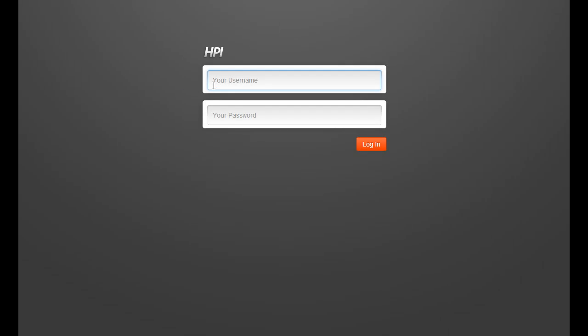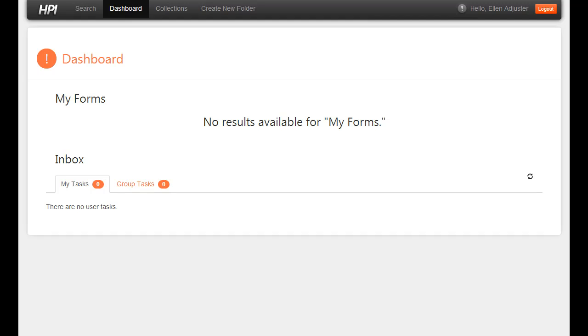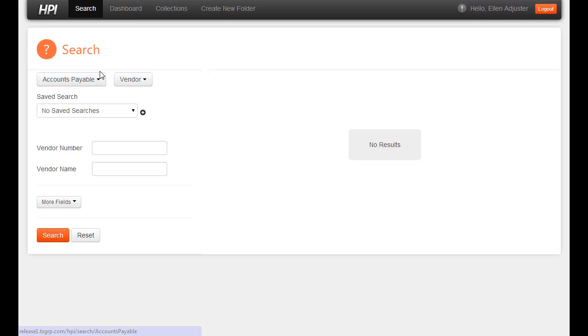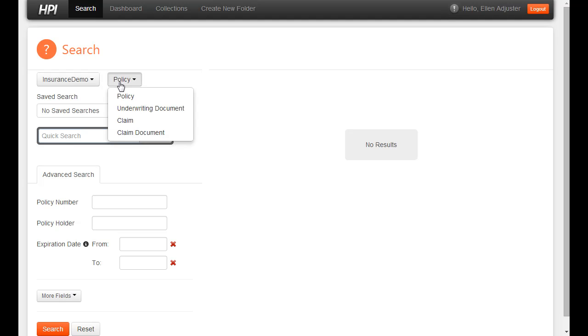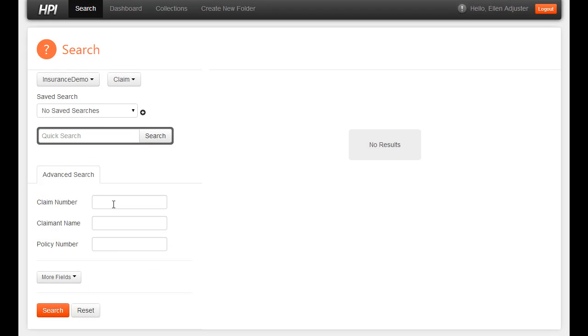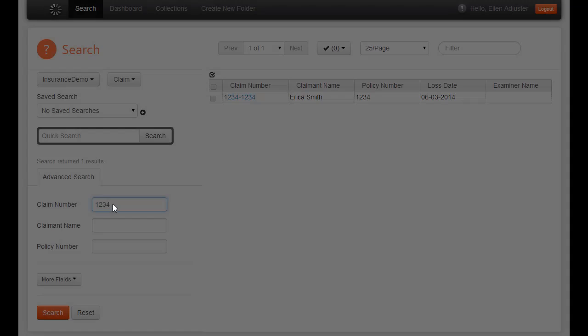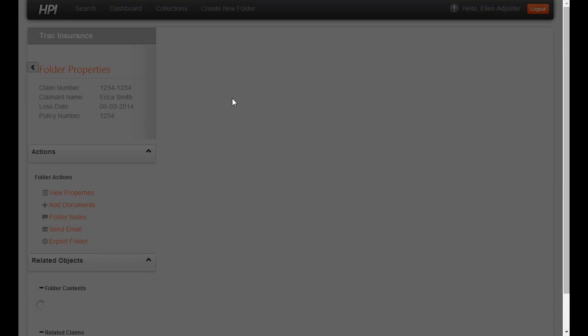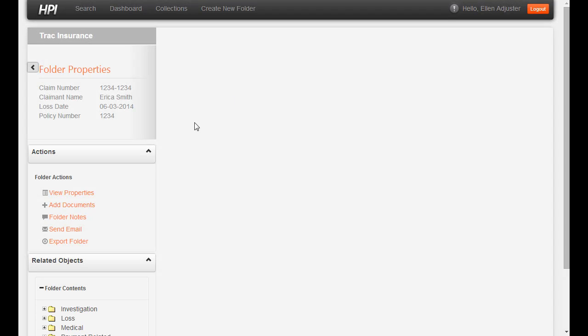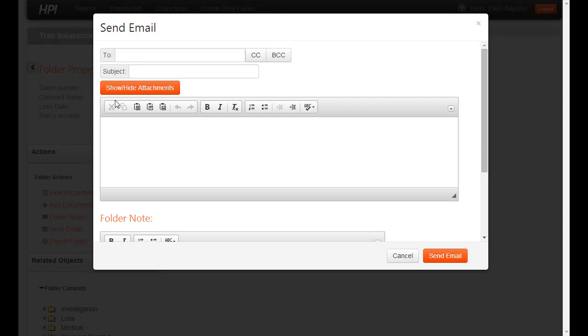Then he'll talk to Ellen and tell her that he agrees with her findings. So now we can log back in as Ellen Adjuster. To get back to her claim folder, Ellen's going to quickly search for her claim folder. This process is detailed more in depth in the Insurance Policies and Claims video, so I'll run through it very quickly for now. We're back in our claim folder, and now that Jim has agreed with Ellen, she's going to